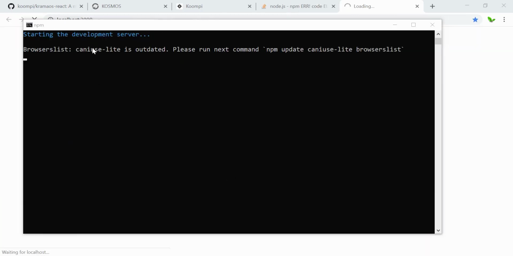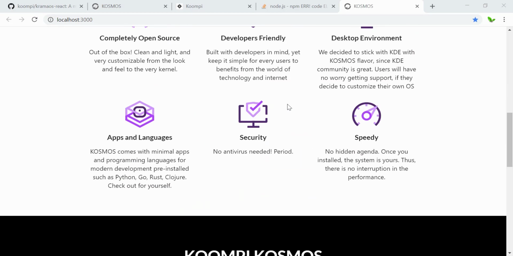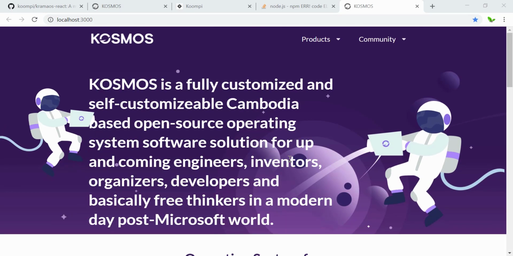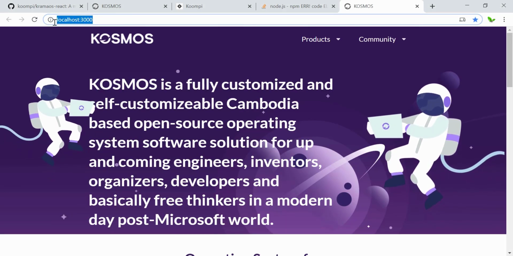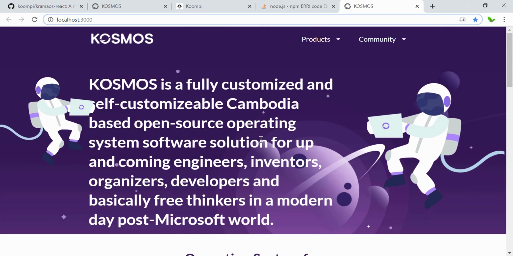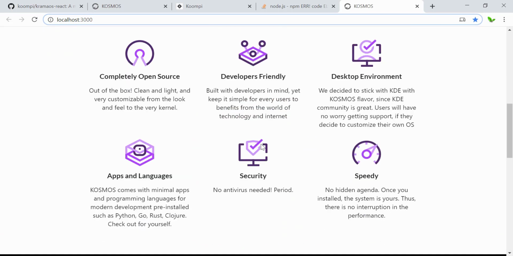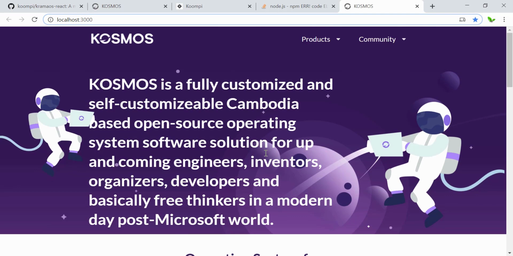So the development server is now starting, and let's see if we actually get the result that we want. Alright, cool. So as expected, we already have this up and running on our localhost. As you can see, it's running on port 3000. So next step here, we're going to look into the code and how the structure of this website is